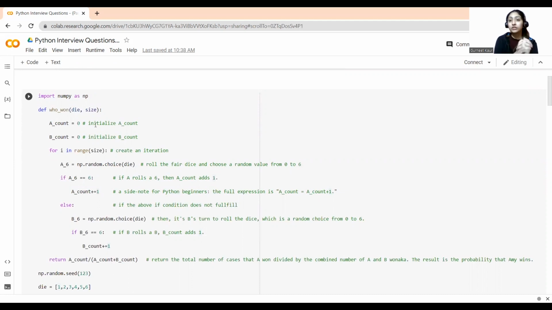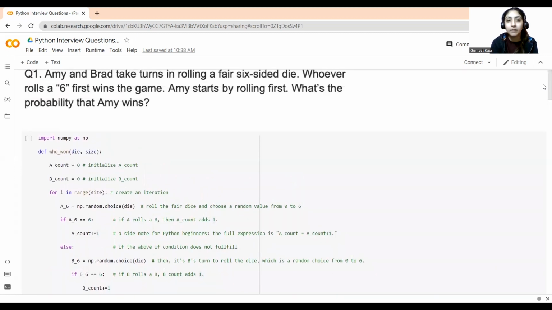Then we'll be using a for loop over here. We will create an iteration, right? For i in range of the size, how many times we are repeating the process. First, it's Amy's chance, right? As per the problem statement, Amy starts by rolling the die.